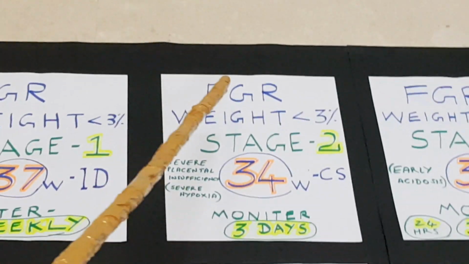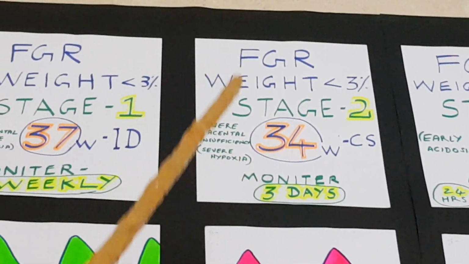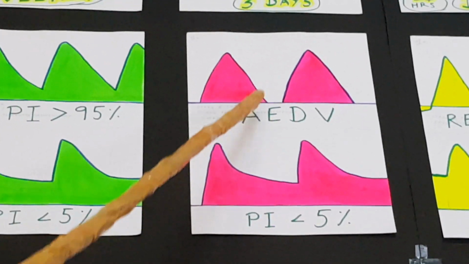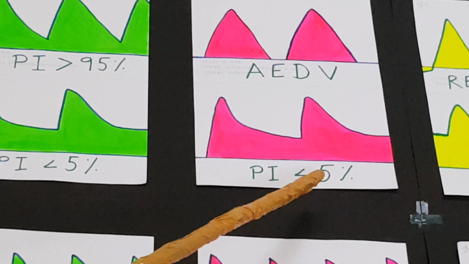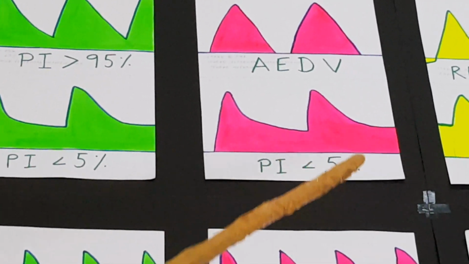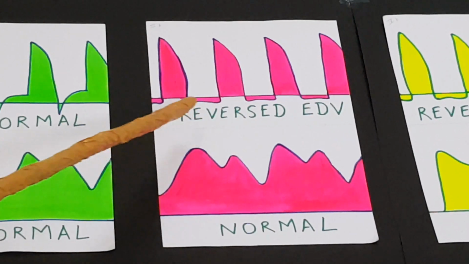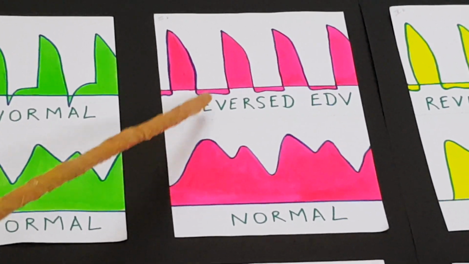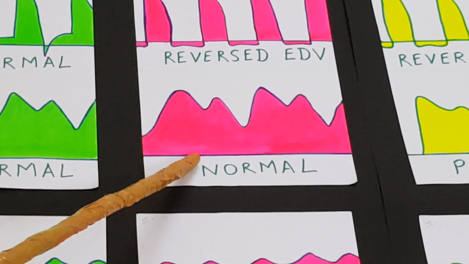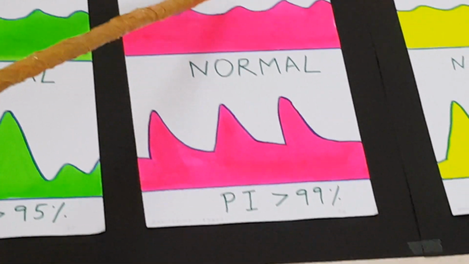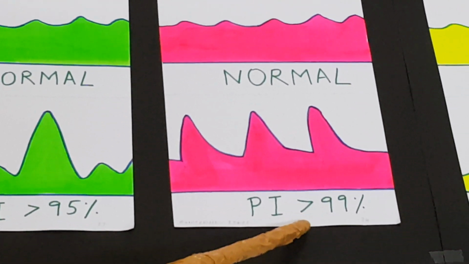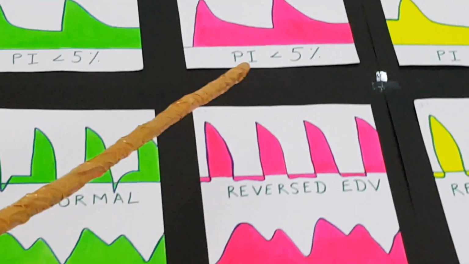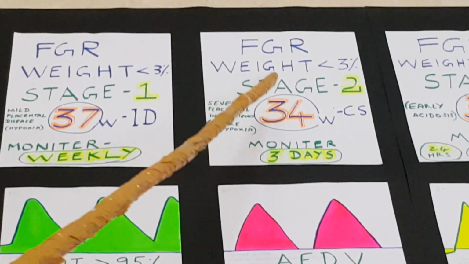The next scenario: in a fetal growth restriction with weight less than third percentile, the umbilical artery shows absent end diastolic flows, the middle cerebral artery shows redistribution with PI less than fifth percentile, the aortic isthmus shows reversed end diastolic flows, the ductus venosus is normal, the umbilical vein is normal, and the uterine artery shows high resistance with the PI more than 99th percentile. This combination gets classified into stage 2